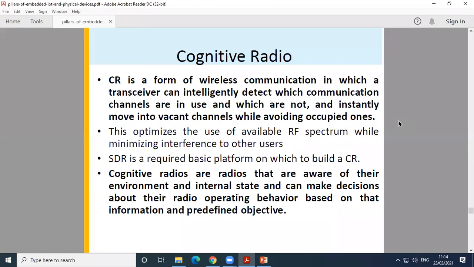Then the next part is cognitive radio, that is CR. In the last session also we discussed this CR. It is a form of wireless communication in which